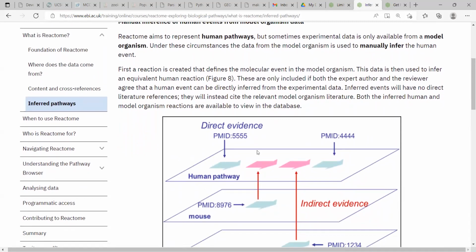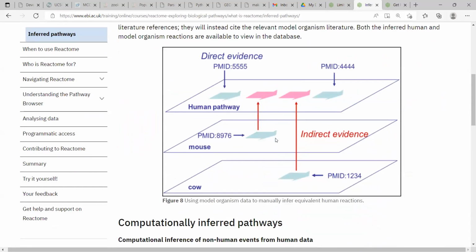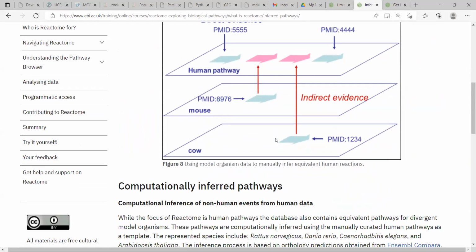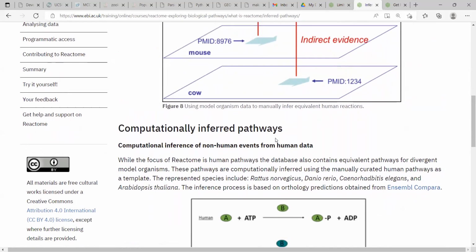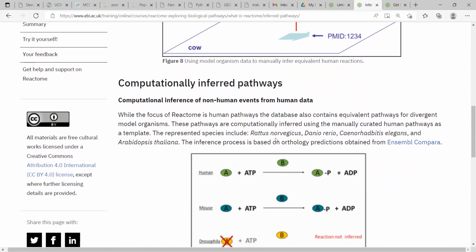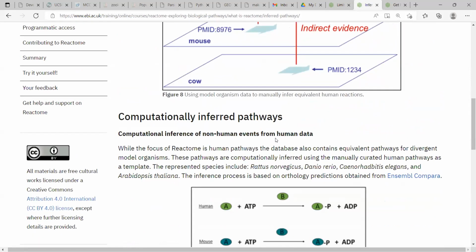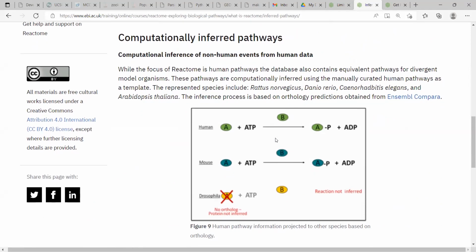Any question? Okay. If you don't have any questions, then next, beside manual curation,